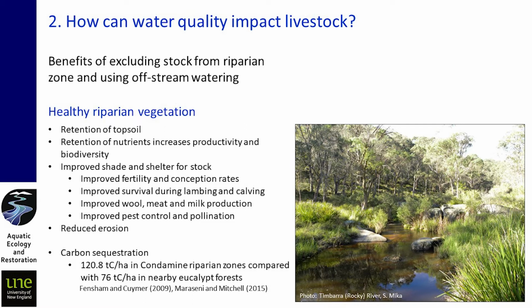But if we do that and we end up with a healthy riparian vegetation, then, as I said before, it's roughness in the landscape. So as we get rainfall generating runoff over the landscape, it's actually holding that water back and allowing it to stay on the property longer before it flows into the streams. And because it's holding the water and slowing the water down, it's also keeping those nutrients and those fine sediments, those silts and those clays that are nutrient rich. It's keeping it on the property as topsoil, which is where we have the agricultural productivity and biodiversity benefits.